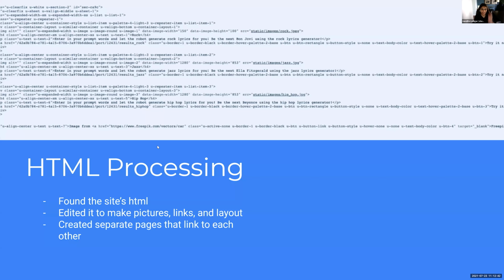Hi, so I'm Nandita. I worked on the front end development with Derek and Kelvin. And so one of the main parts of front end development is HTML processing. So first you start off by finding the site's HTML, which you can do by just right clicking and going